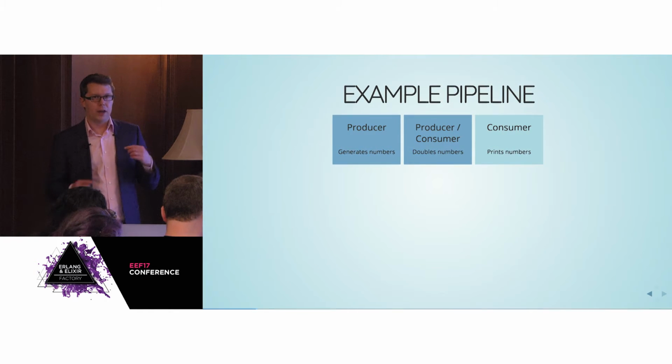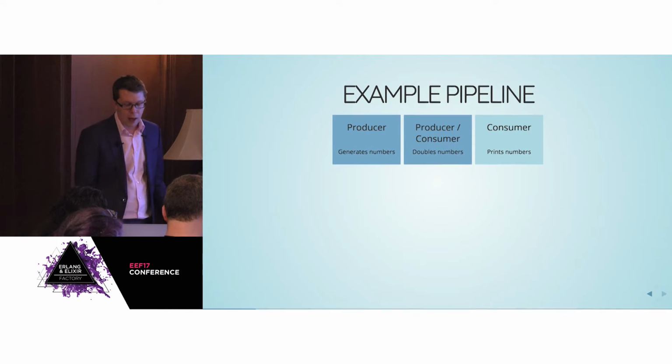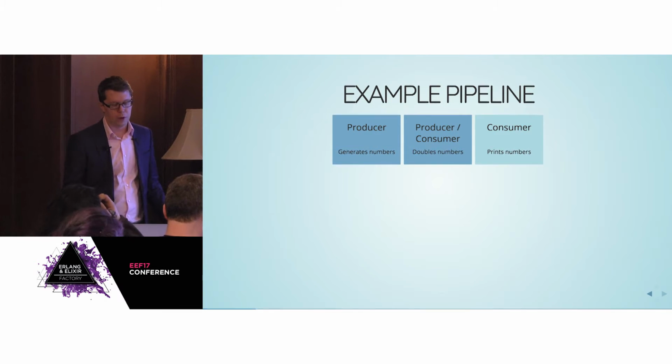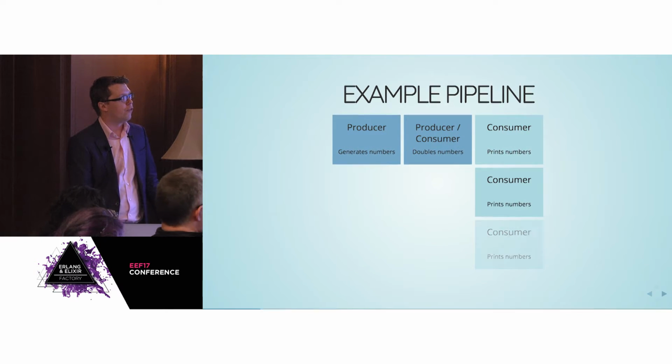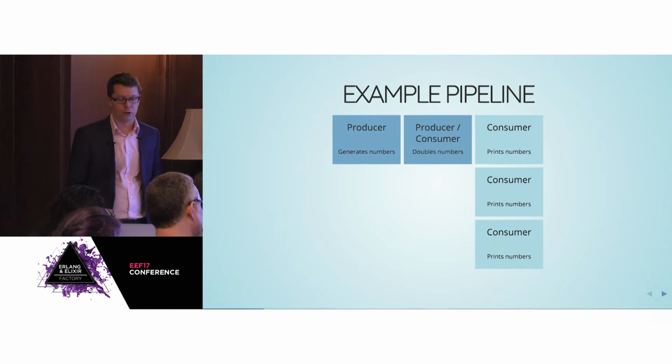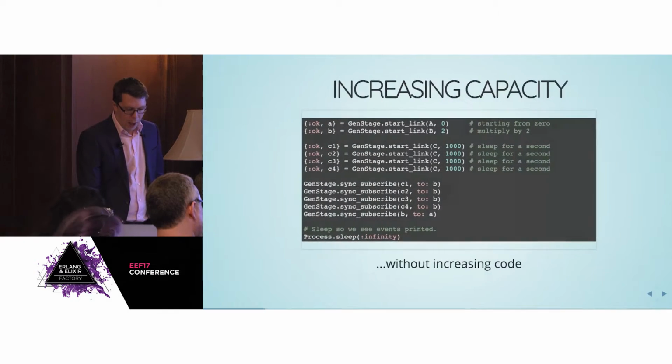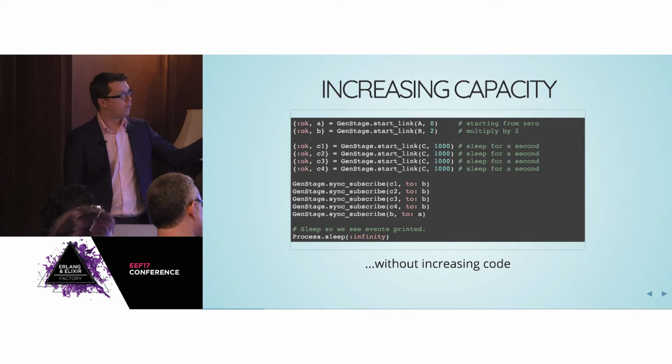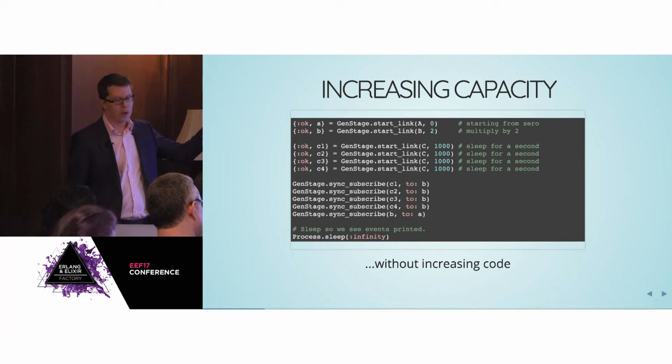And the consumer has a sleep delay just built into it to simulate the fact that this could be some kind of long-running processing. So because the consumer is the rate-limiting step in the pipeline, if you want to increase the throughput of the overall pipeline, you would have to increase the number of consumers that are available. So you would just spawn more consumer processes there. And this is how they define the setup in the application code, where they are setting up 4 consumer processes to ensure that the throughput is pretty good.